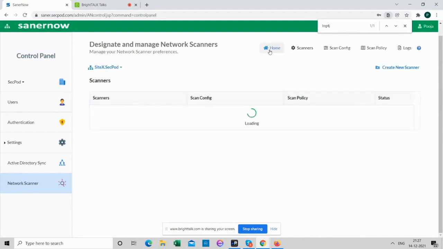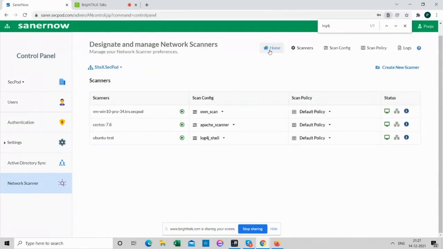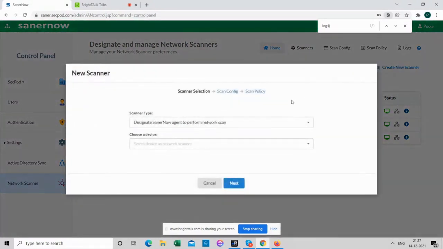I'll just show how we set up a scanner and make sure we are able to scan a remote device. Click on create a new scanner, choose a device. Whichever device has the agent installed will get listed here. You can decide which device you want to use as the scanner.